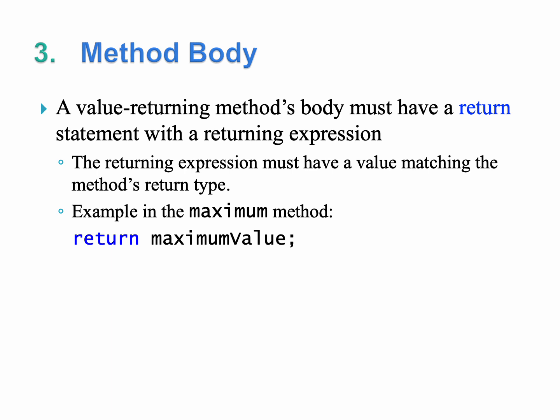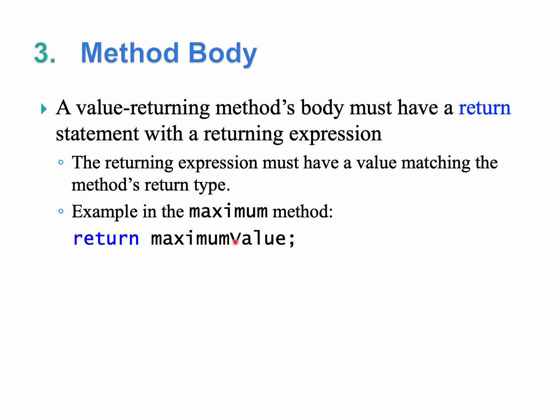A value-returning method's body must have a return statement, which starts with the keyword return and is followed by a returning expression. The returning expression must have a value matching the method's return type. For example, in the maximum method, which has return type double, the last statement in the method body is return maximumValue;